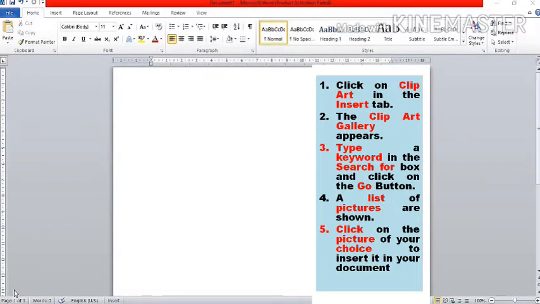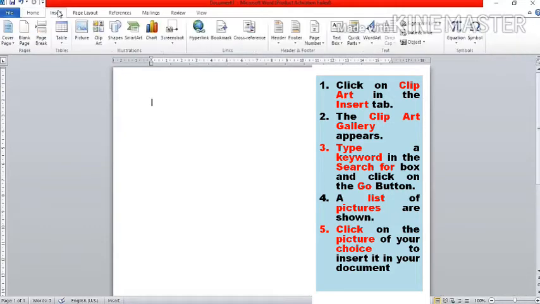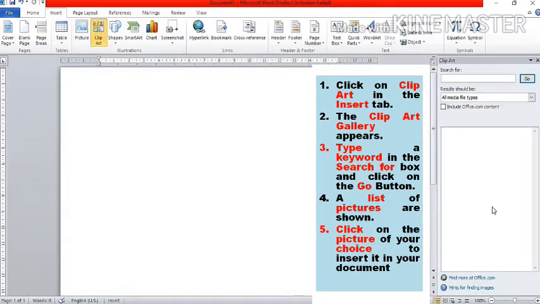Inserting clip art. Step number 1, click on clip art in the insert tab. So the insert tab, and here is clip art. This is the clip art gallery. Step 3, type a keyword in the search for box.